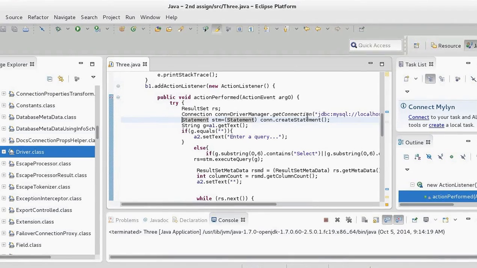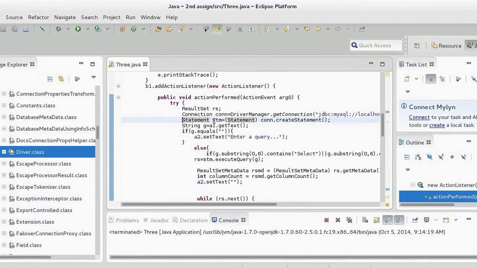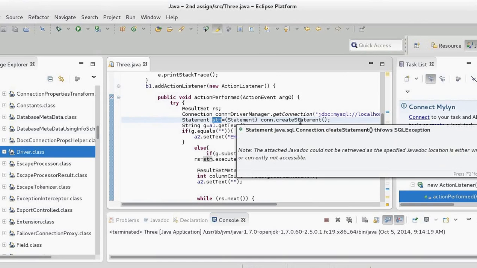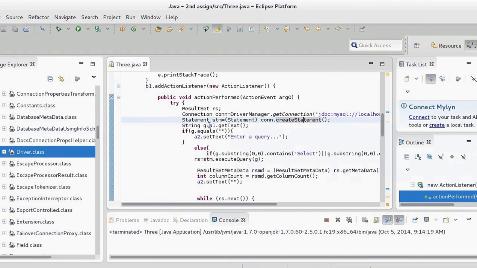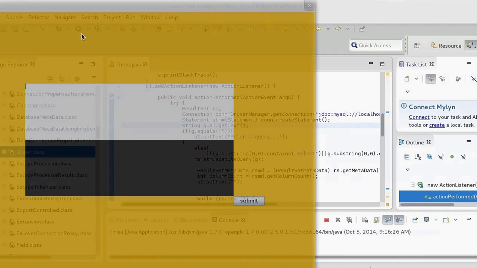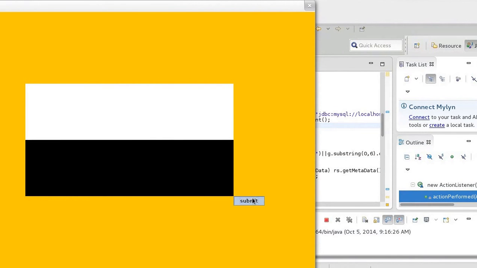This code will connect us to the database, which is IOIT. You can give any database name. You have to create a user and give a password to the user. You have to give all required permissions to the user, and that will be done on the terminal.